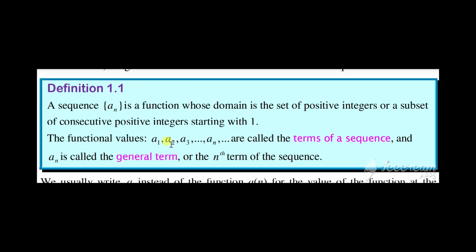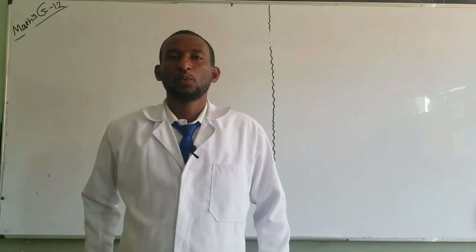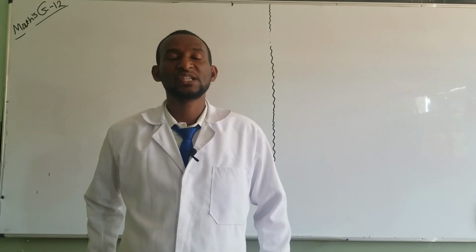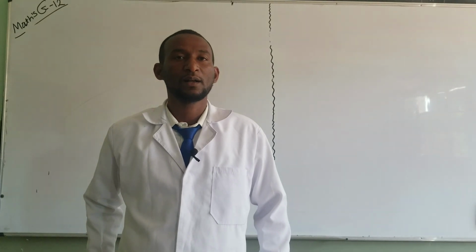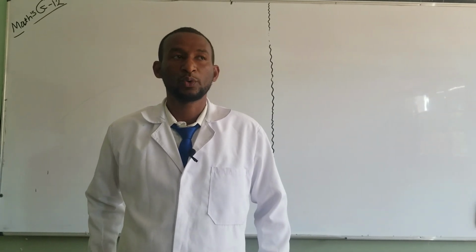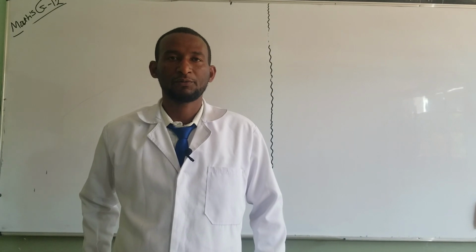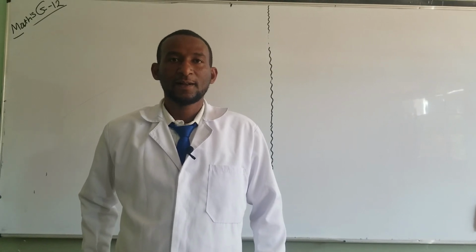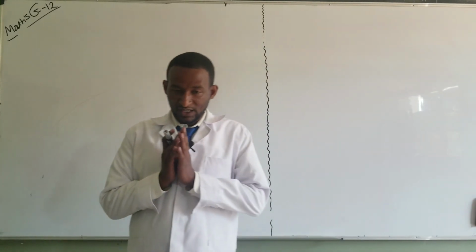The functional values a1, a2, a3, ..., a_n are called the terms of a sequence, and a_n is called the general term or the nth term of a sequence. We have to understand this definition very well before we try to see examples of a sequence. This definition says that